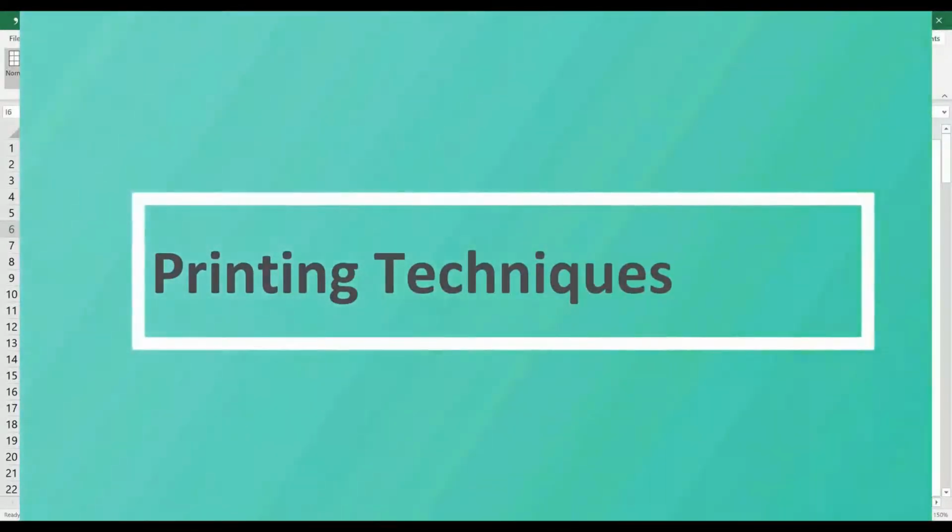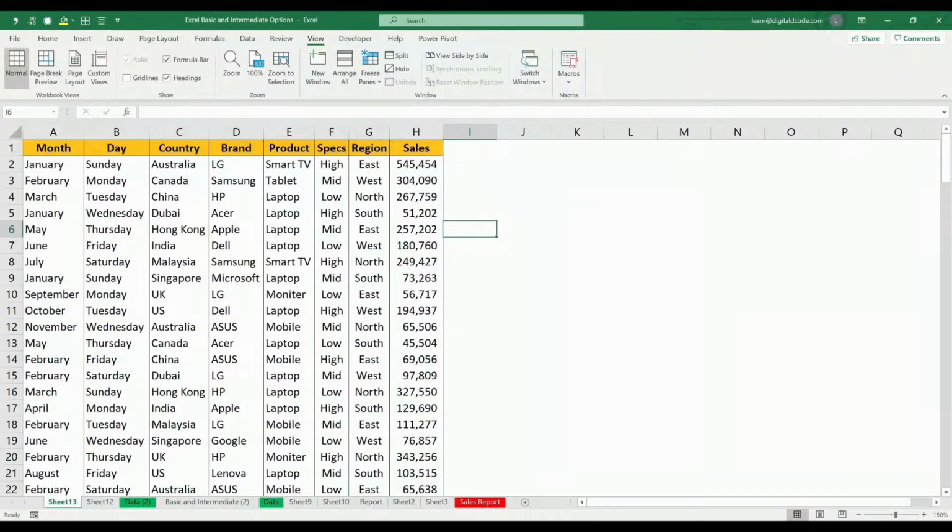In this session, we are going to look at printing techniques. Before you take print, what should you do? It can be a size adjustment, a number of pages adjustment, or freezing the header. Let's see. Before you take print, first thing you have to do is go to the view option, choose the